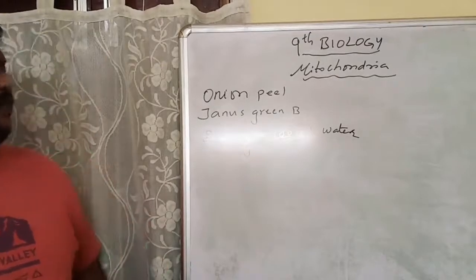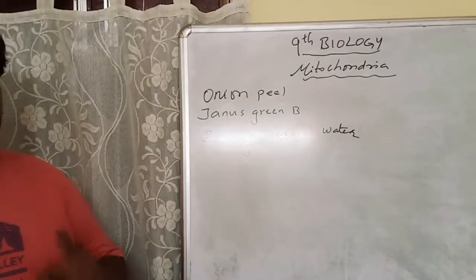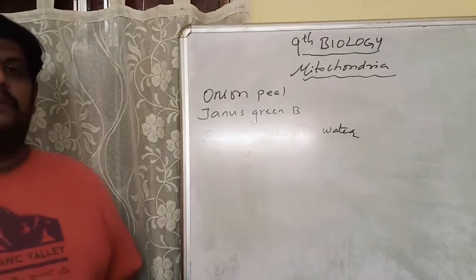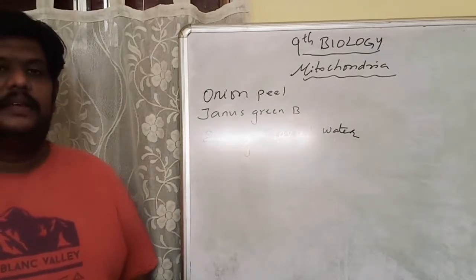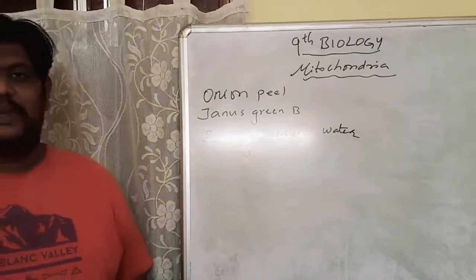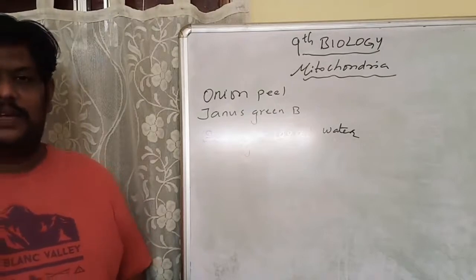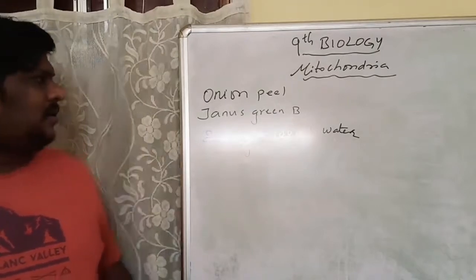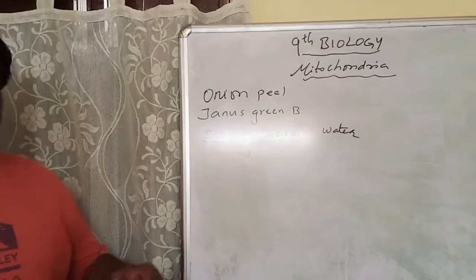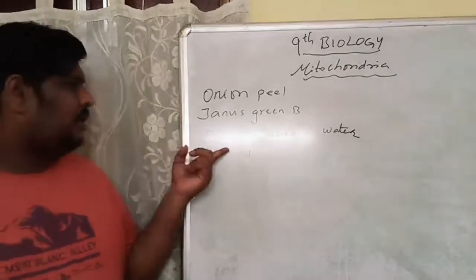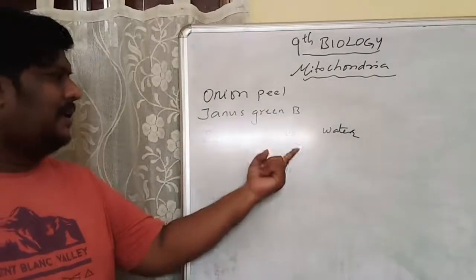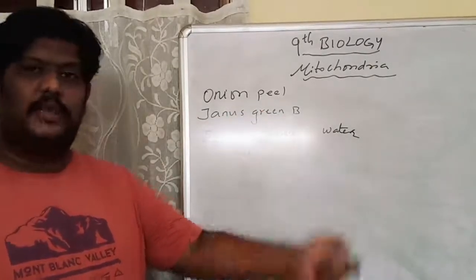For this, what you need is an onion peel. Onion peel, you remember? The same onion peel which you took in the 8th class. You peeled the onion and took a very thin membrane of the onion. And then we'll make a Janus green B solution. How will we make this solution? You'll take 200 mg of Janus green B and 100 ml of water, mix it and